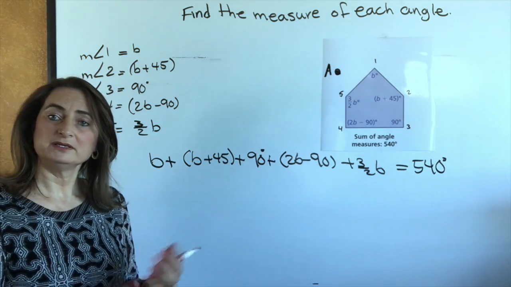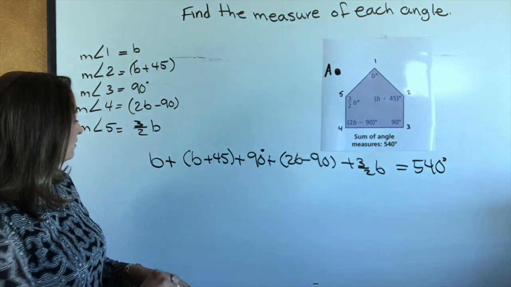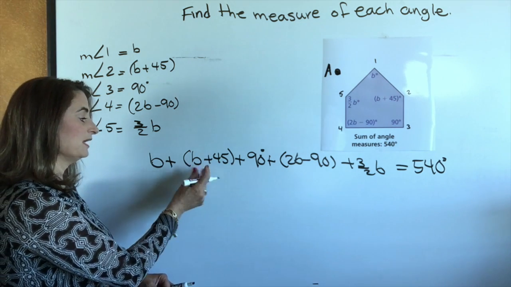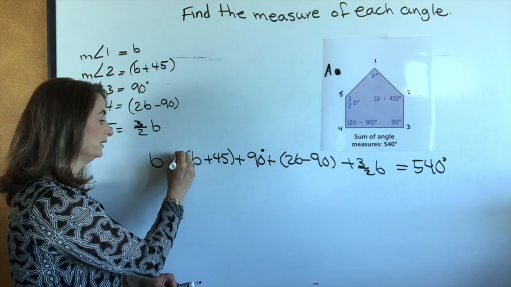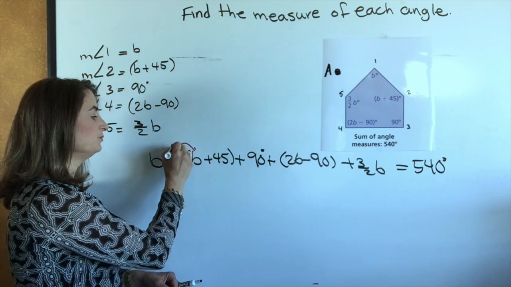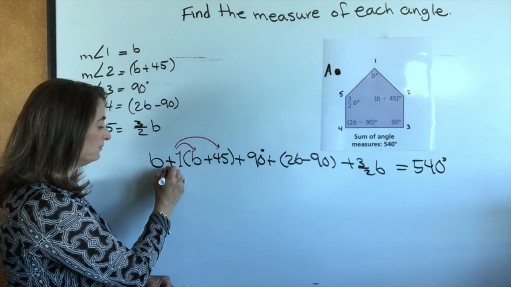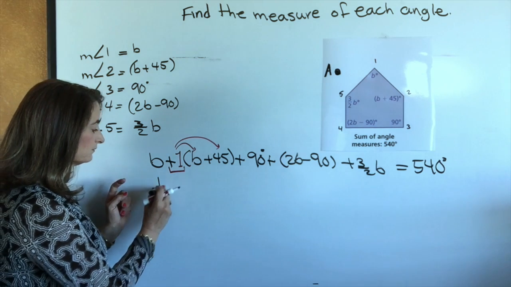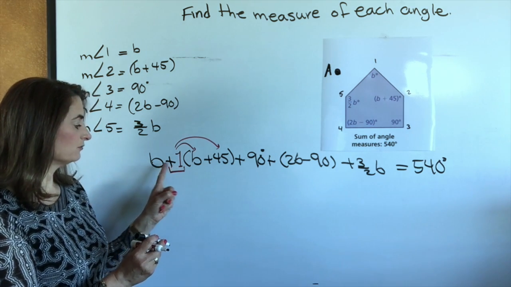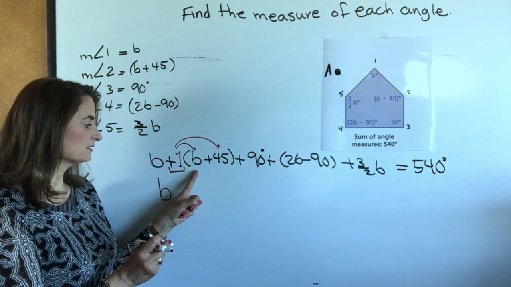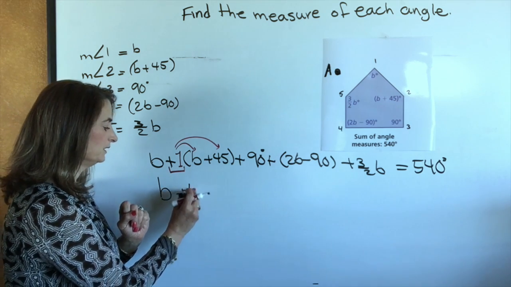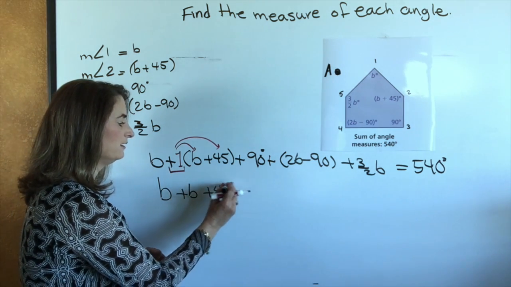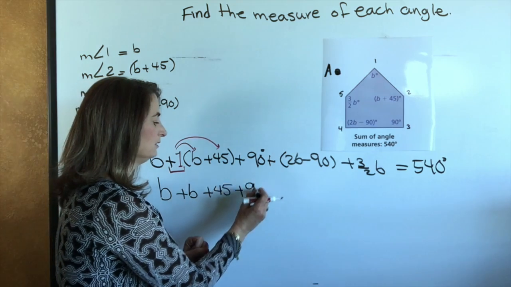Now step number 1, to undo parentheses. This parentheses, there's nothing behind it. There isn't a number, but that means I have one set of that. I can put 1 and then multiply, distribute the 1 over the two terms, but make sure you take the sign with the number. So bring the b down. Now, take the sign with the number. So positive 1 times positive b is positive b. Positive 1 times positive 45 is positive 45, plus, bring the 90 down, plus,